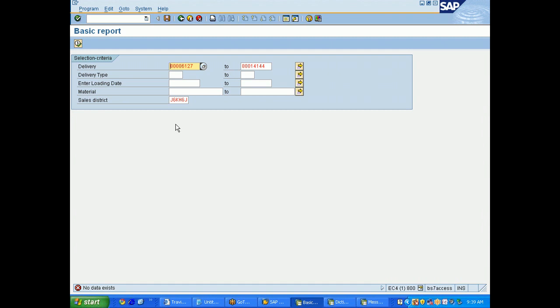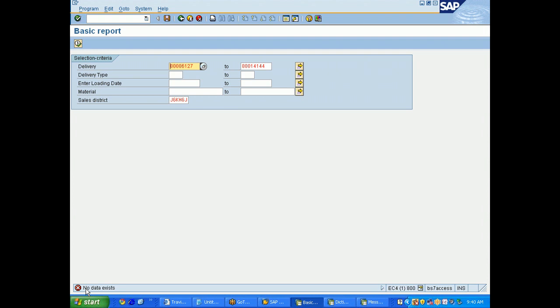Previously in the message also, message class and message number were coming, but as of now in the message there is no message class or message number. Previously, in the red color display also, you were getting the message number and message class, but now it is not coming. So this is more good, like the user doesn't want